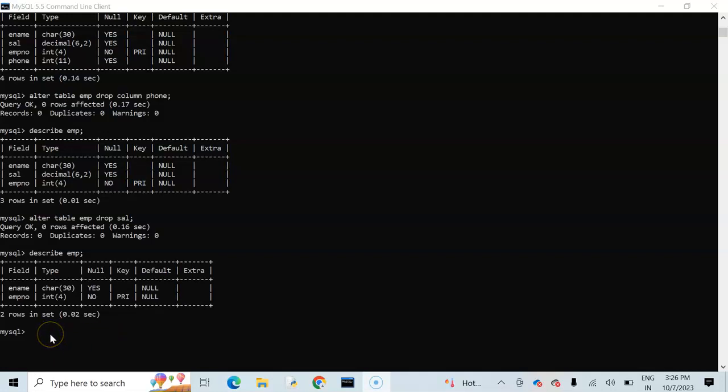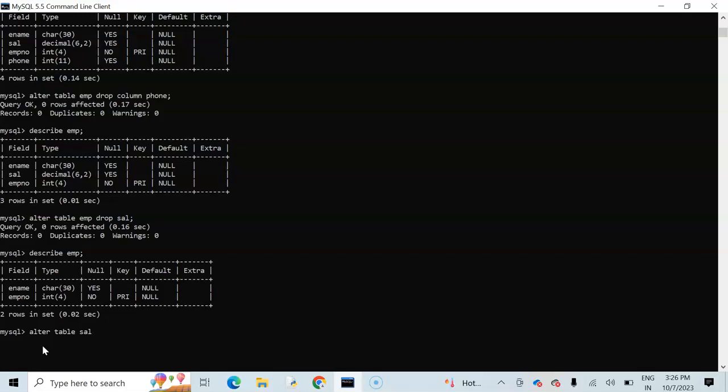In the previous video, we have seen how we can change the structure of the table by using the alter command and create the database and table. Now in this video, we will see how we can insert the record in the existing column or in the blank table. For that, first we will again create the column in the table so that we can add some